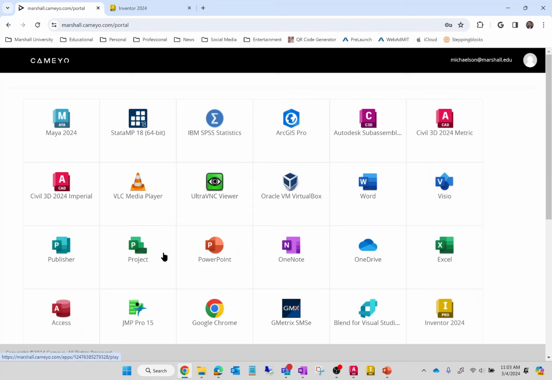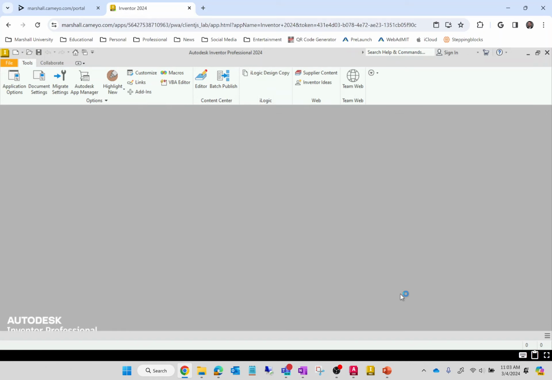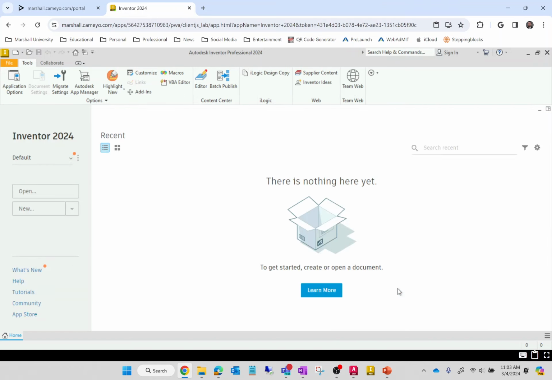So for example, if you open up Inventor, you actually get sort of the Windows experience with Inventor. Okay, they just went live with this like on Friday. So the point is, when we come back from spring break, we're using Inventor, and unfortunately, Inventor is not Apple friendly. But if you'd like, you can use Inventor through Cameo, and it's pretty much the same experience as you get on Windows. So I just wanted to throw that out there.